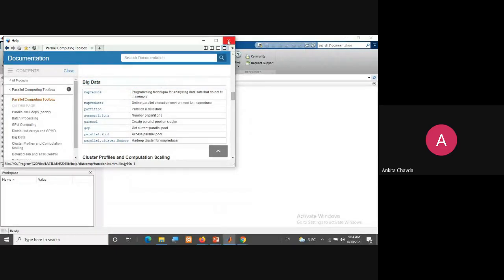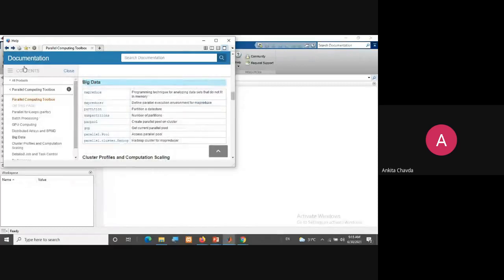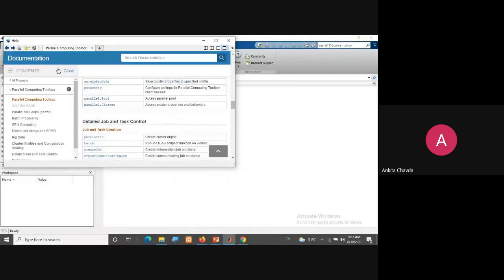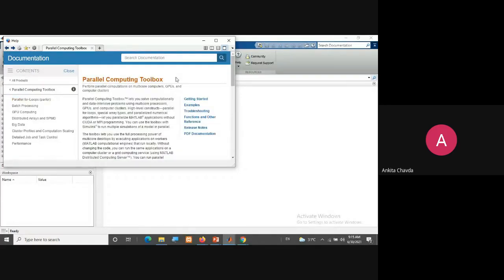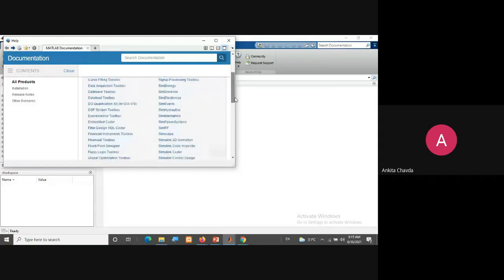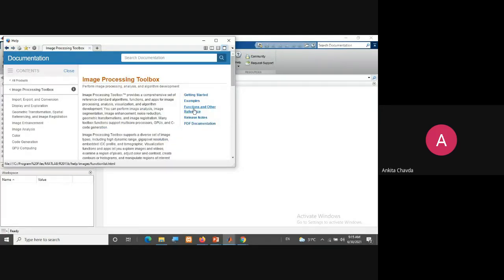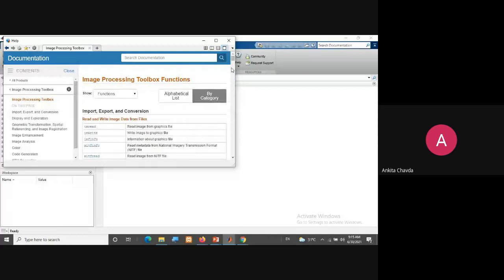Okay. In this unit, we have only a single one, which is the image processing toolbox, right? Only a single toolbox is what we are going to see, and that is the image processing toolbox. So here you can find it, image processing toolbox. That is the only one we are going to discuss, all the functions and all, right?